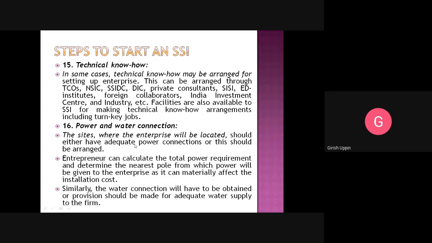The sites where the enterprise will be located should either have adequate power connections or this should be arranged, right? Either you have to check with the agencies which provide the power, like HESCOM, or you should have your own arrangement, like a DG set. You generate your own power. For example, many sugar factories do cogeneration.